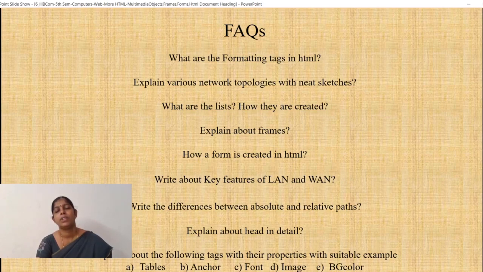We have seen different types of topologies like tree, bus, star, ring, mesh, all this. What is a list? How are they created? Tags that are used in lists: 3 different types of lists we can create. Ordered list, unordered list, definition list. Explain about frames, how we create frames.